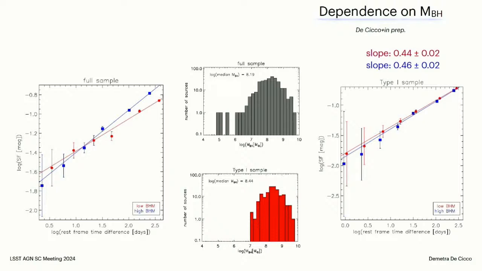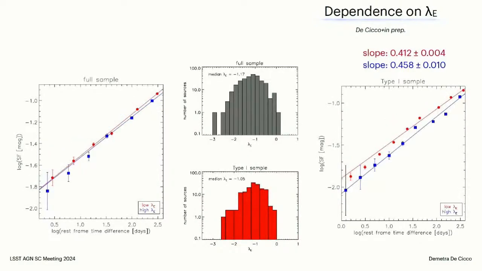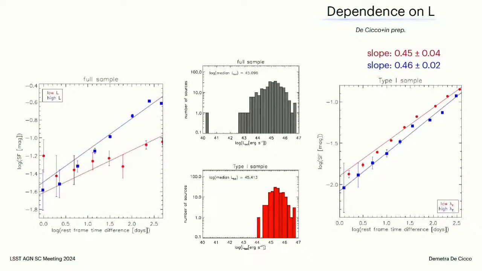Here, we don't see any significant relation with the slope or with the variability amplitude, while here we see an anti-correlation with the variability amplitude, and we seem to find a correlation with the slope. Here we see an anti-correlation with variability amplitude, while the slopes are consistent with each other. Now, I should stress that the sources with this kind of information are 264 out of the almost 700 AGN